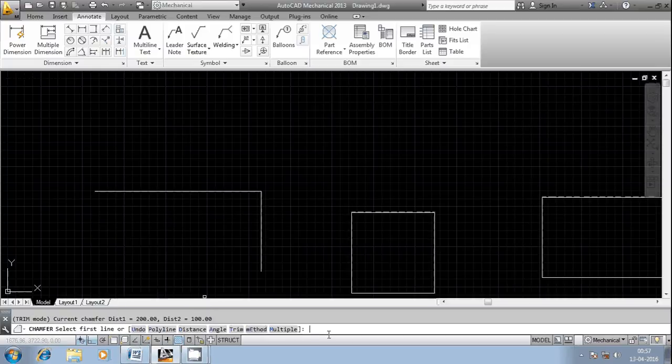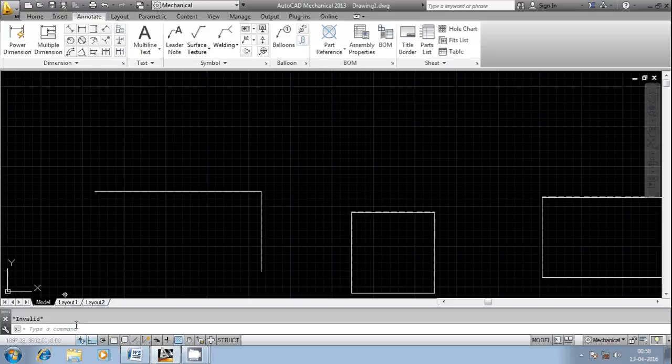Okay, and provide the distance. While providing the distance, this is 500, right? If I enter it as 600, both for the first and second entities. Okay, now I'm going to select this entity, and then the second entity. It says invalid. The reason is whatever chamfer distance I had given, it is more than the smallest geometrical entity